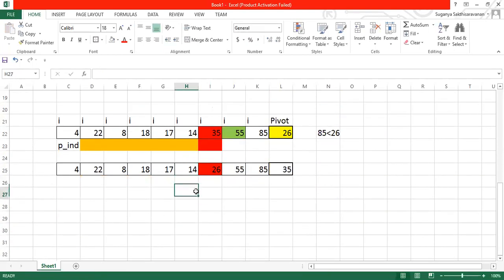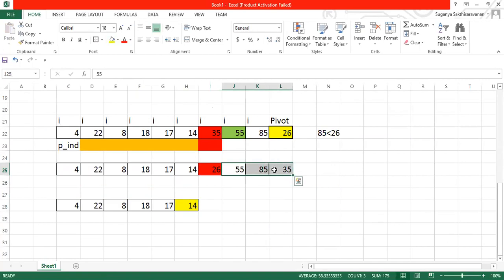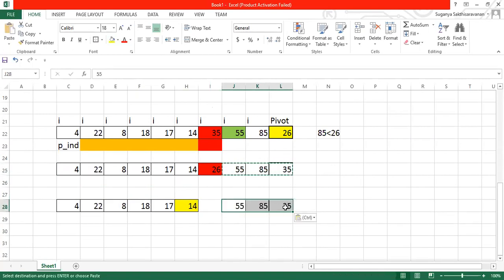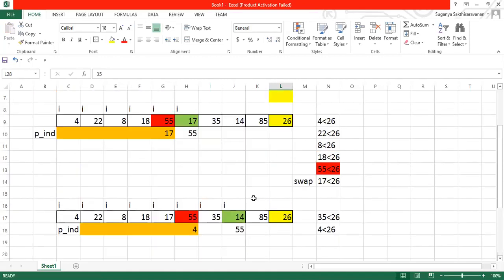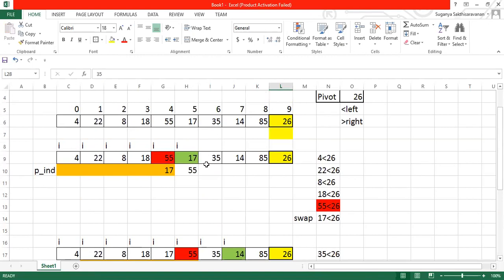Okay. So now what you're supposed to do is take this first list separately and again apply this logic. Keep this 14 as a pivot value, then proceed with this process again. The same thing is going to happen for your second list. So take this as a pivot value, repeat this process for this list again. So this process has to be repeated again and again until the list is sorted. Is this clear, guys? Come on. Respond to me. Is it clear or do you want me to explain again?